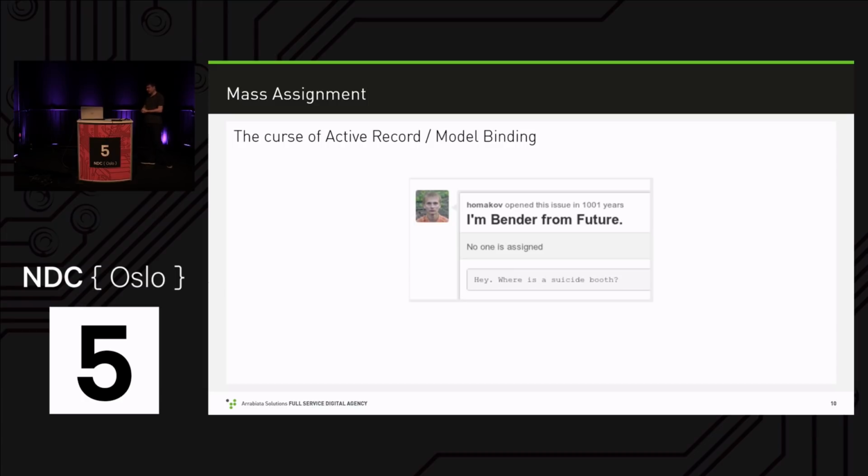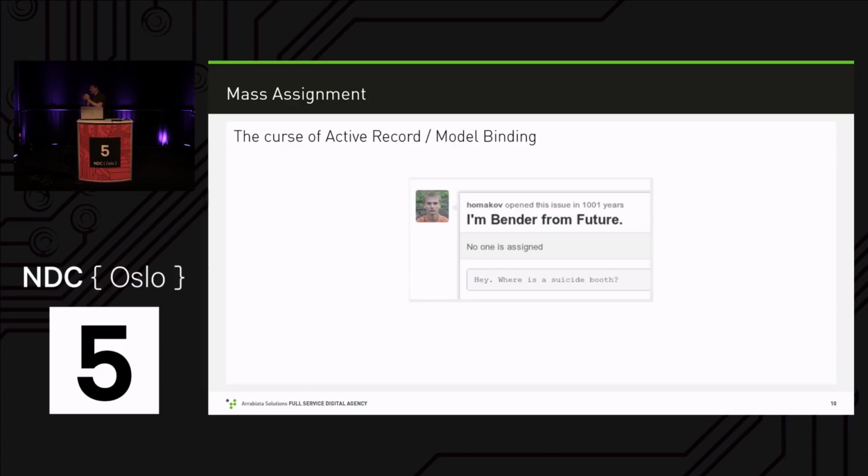Now, the problem is that that bug entry model class will also have a property called creation date. The form for setting up such an entry does not have a date picker, because in the constructor of that model class, we just set the creation date to the current date. But what if the HTTP post request would also contain a field called creation date equals June 15th, 3018?